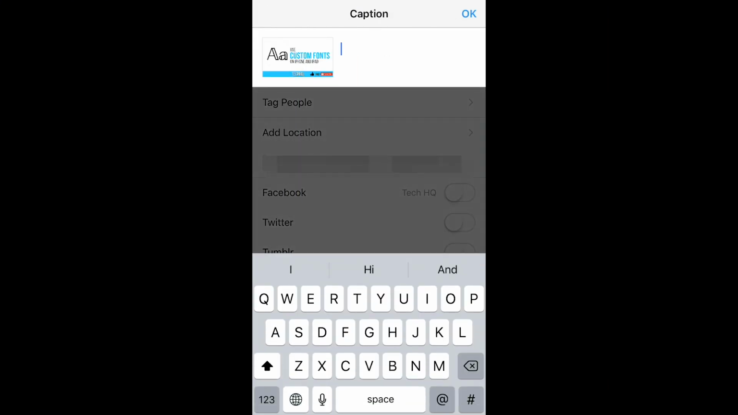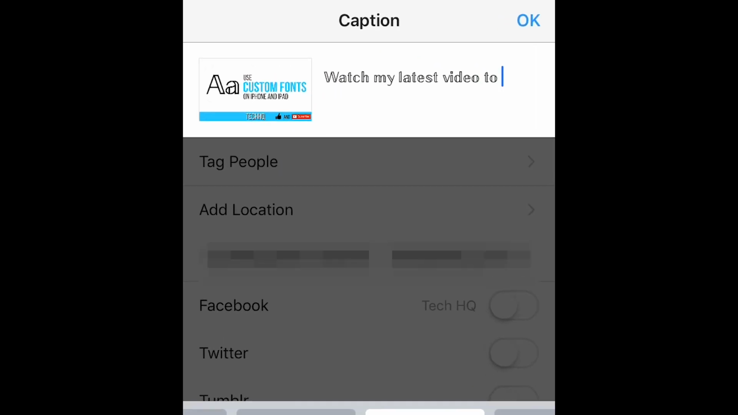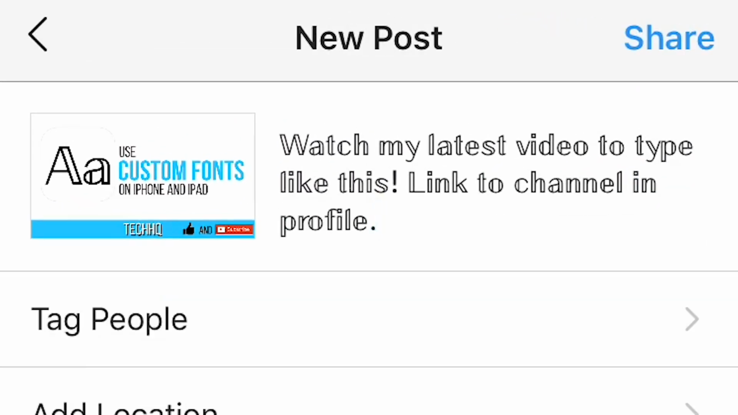When you want to type in a special font, hold down on the globe icon on the keyboard and select Fonts. There are a lot of fonts to choose from, so I'll pick Outline. Now your text should look like the one you selected. The cool thing about this app is it lets you use the fonts on lots of apps, including Instagram, Twitter,